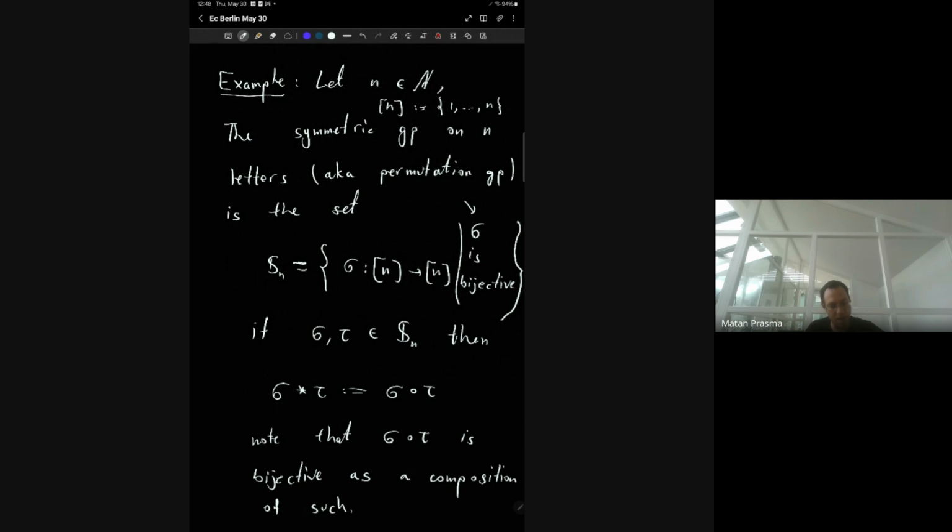Okay, we had a proposition when we talked about injective, surjective, and bijective functions, that if you compose two injective functions, you get an injective function. And if you compose two surjective functions, you get a surjective function. So the same is true for